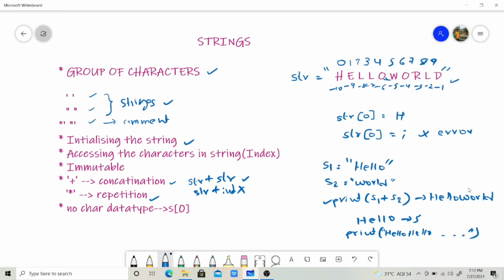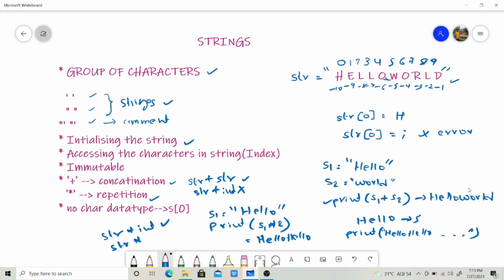We can use s1 is equal to hello, print s1 star 2. It will give you hello hello, 2 times. In this star, we should not use two strings. We should use only one string and one integer. This is correct, and we should not use string star string. It will give you an error.